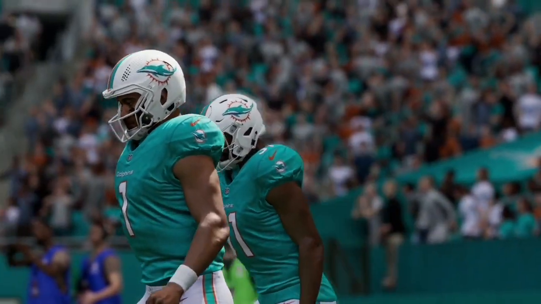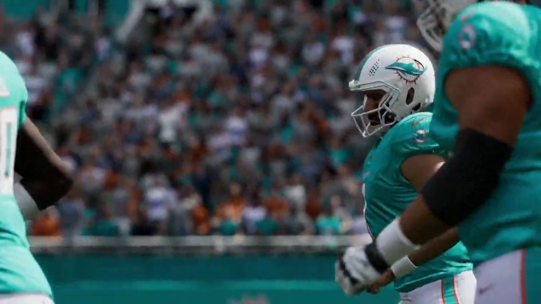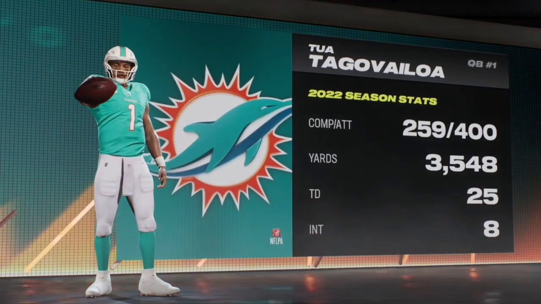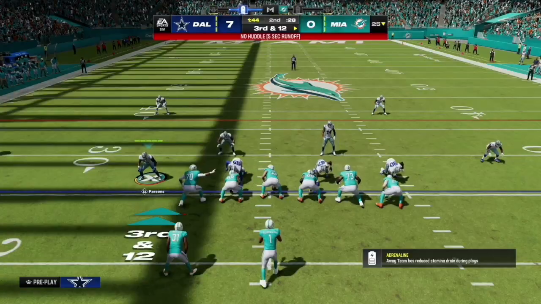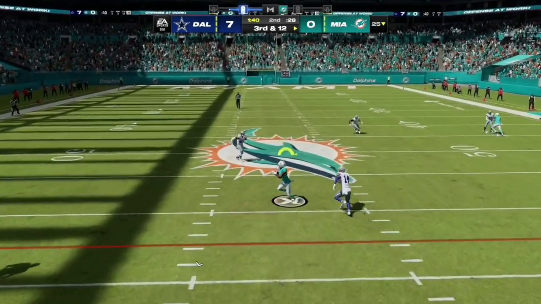It is now time for Tua Tagovailoa to step onto the field for the first time today, and let's take a look at his stats from last year as he had 259 completions out of 400 attempts, 3,548 yards, 25 touchdowns to 8 interceptions. Here on 3rd and 12, Tua Tagovailoa's in the pocket and will step up and work the